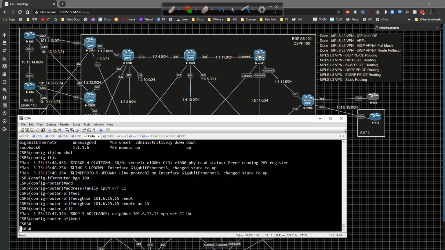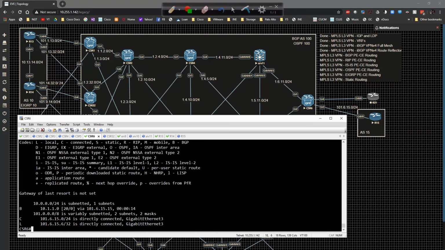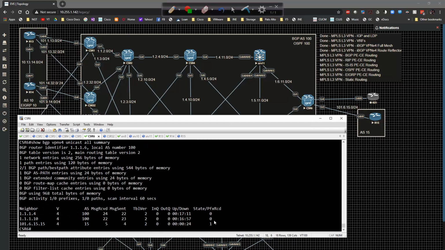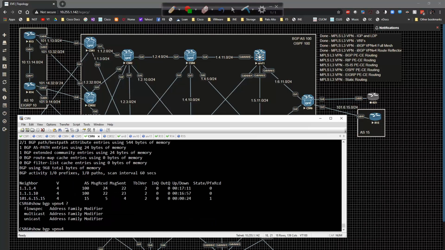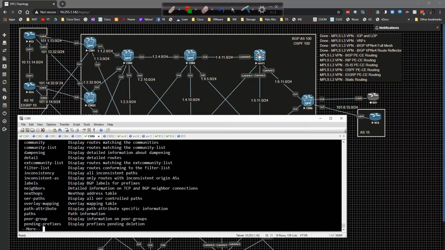And if I jump out of global config, I'm going to do some verification commands first because we're only a couple minutes in. If we do a show IP route VRF C1, we'll see that we have a BGP learned route right there. Now if I do a show BGP VPNv4 unicast all summary, we'll see that we've learned a route right here, right? We've learned a route. Now if we do a show BGP VPNv4 unicast, and I look at the all,